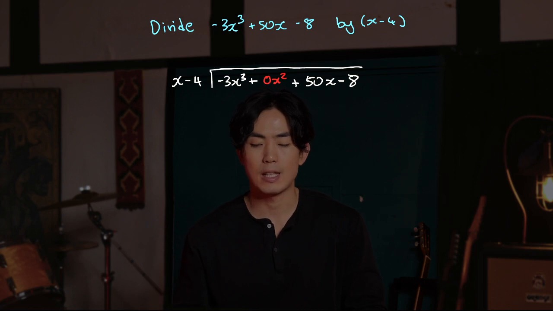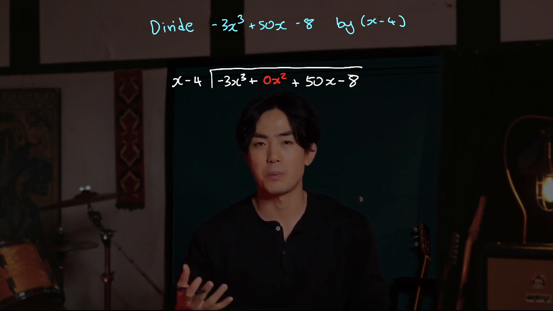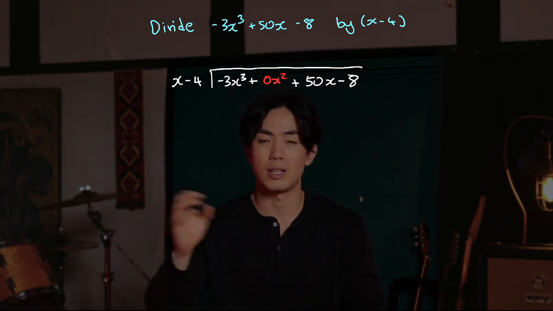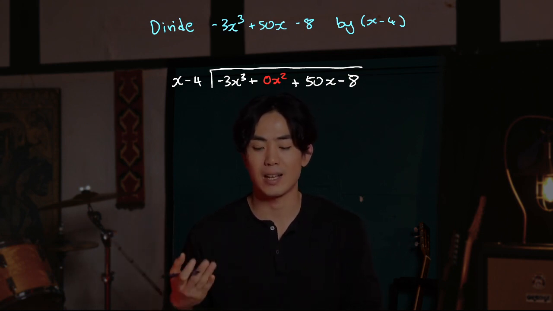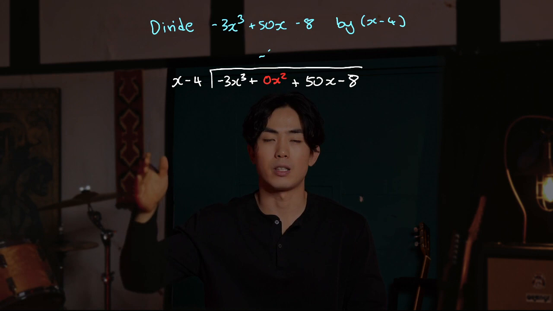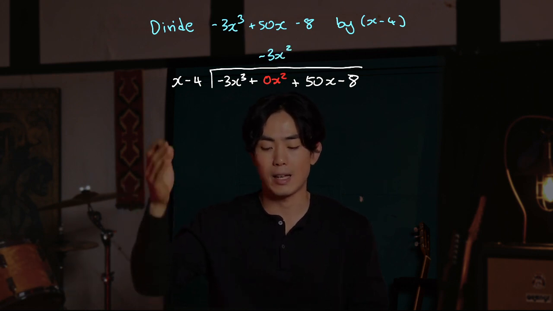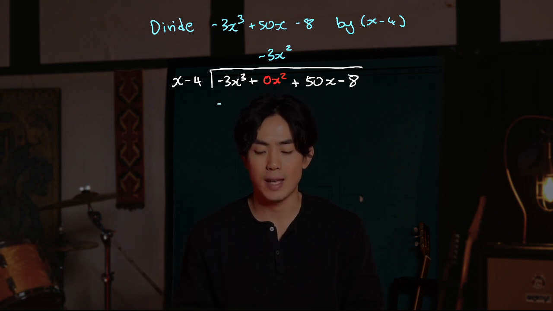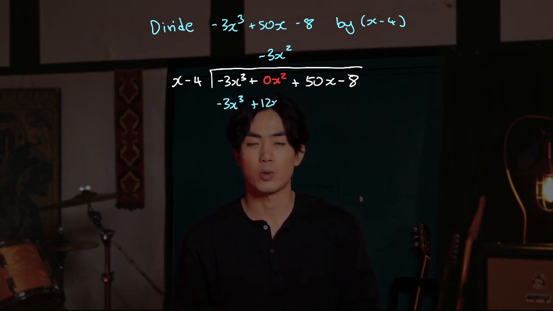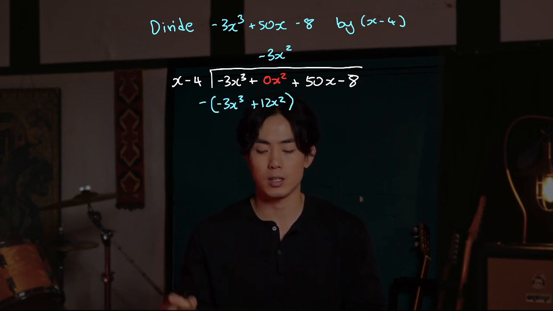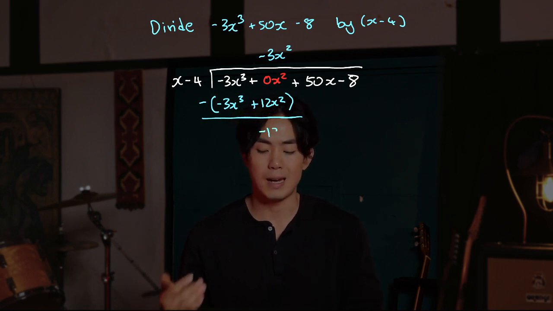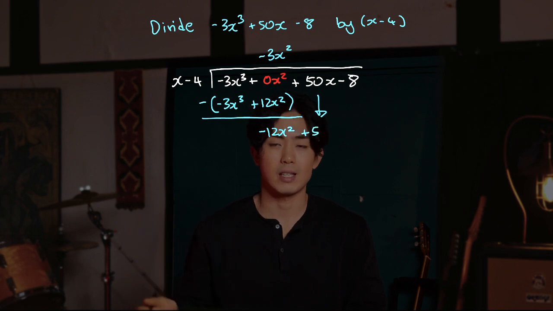So let's go to this one here and let's go ahead and divide. So let's follow the same steps. Remember, first thing was divide this minus 3x cubed by this initial x, which gives me minus 3x squared. I write it on top in the quotient area and I write it in the x squared column like so. I now multiply this back into the two values, so I get minus 3x cubed plus 12x squared, which I put in brackets and subtract. The x cubed terms disappear, I'll be left with minus 12x squared, bring the 50x down, and then